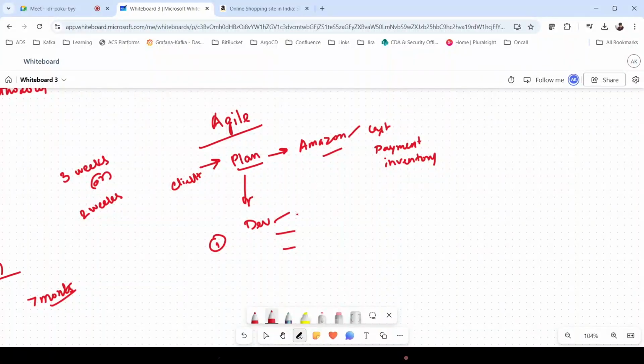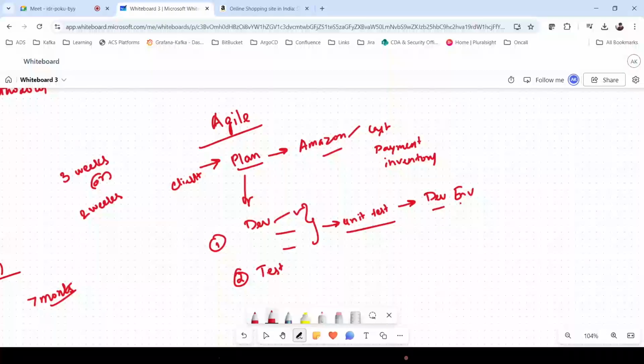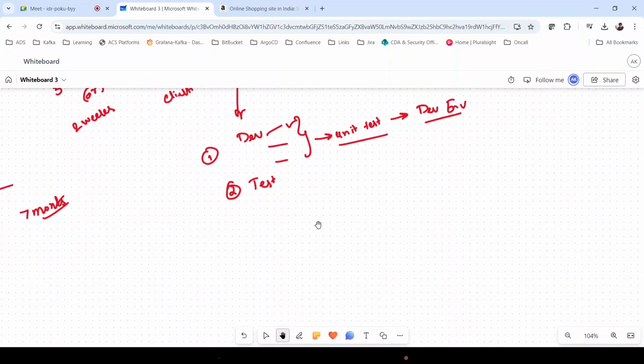They will create these applications, and once that is done, in the second week, it will be passed to the testing team. The testing guys are going to find a few bugs, so the dev team thinks, why not test from our end itself? They create some unit tests, so basic functionalities can be tested using these unit tests. The dev team will test these functionalities in the dev environment. Developers use this environment, and it is called the dev environment. Once this is done, they will pass the code to the testing team.